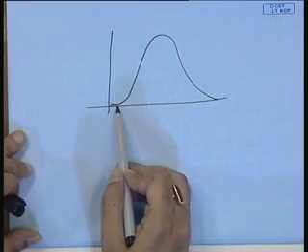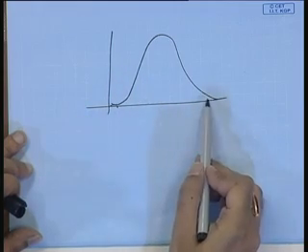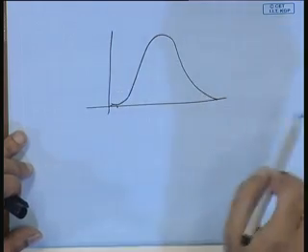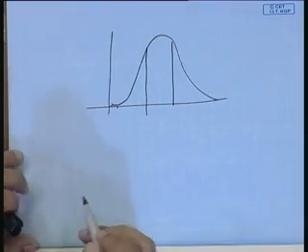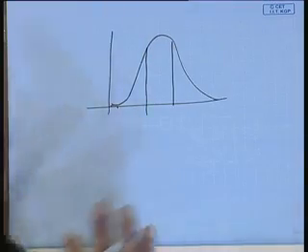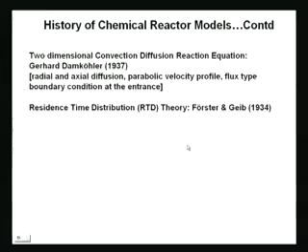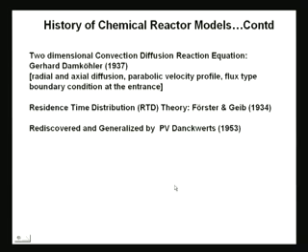So, some elements of the fluid spend very small time, again some very small, so it is a bell shaped curve, and only a fraction spend a very large amount of time in the reactor. So, when I say the reactor residence time is tau, it does not mean that everything in the reactor spends tau amount of time. It means that the average amount of time spent within the reactor by a fluid element is tau. Okay. So, this whole concept was actually started by Forster and Guy in 1934, and then it was